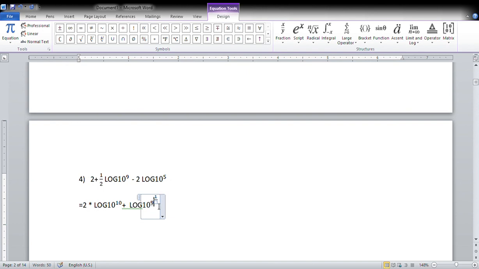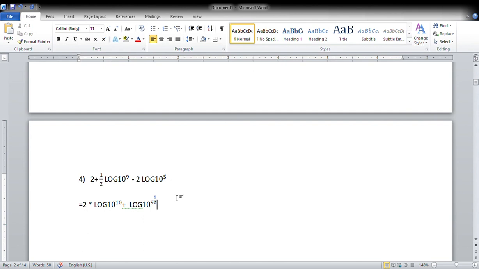write 1, this 1, 2, in the power 1 by 2, minus 2. This 2, by reverse mathematics, will come to that side also, simple. So again we write it as a log,